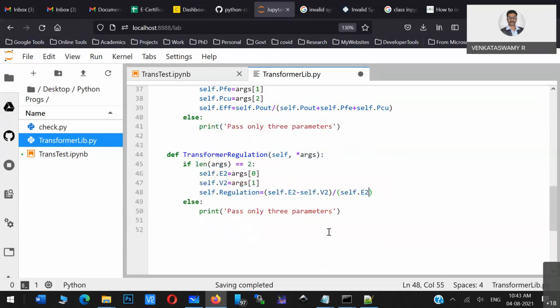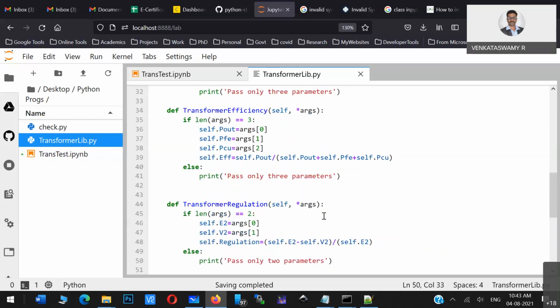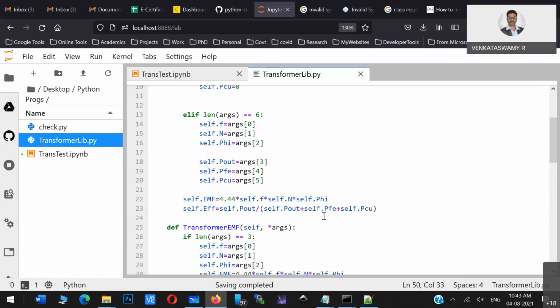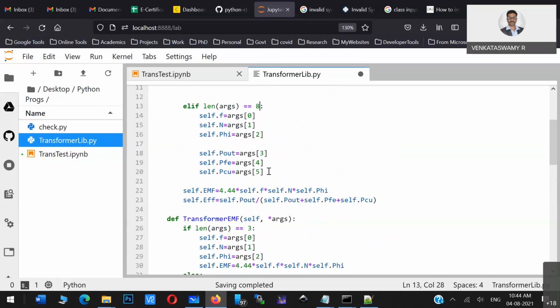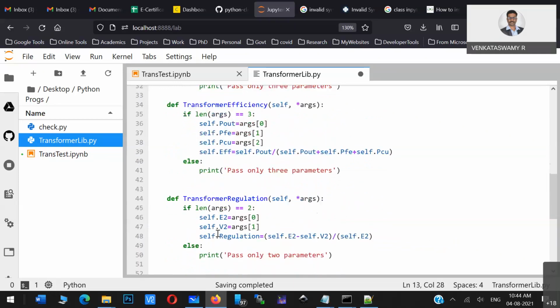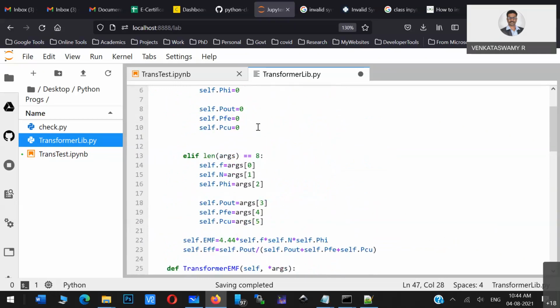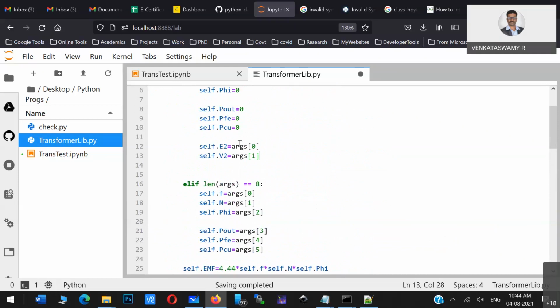Ideally the regulation should be 0, but you will get some regulation. Now you see that the regulation function is also added. So argument 2, okay, 1, 2, done. So now it will implement this equation. Similarly, let us implement here another 2 variables, 8 parameters. What are those additional 2 parameters? The additional 2 parameters will be this. These additional 2 parameters you need to put in the constructor.